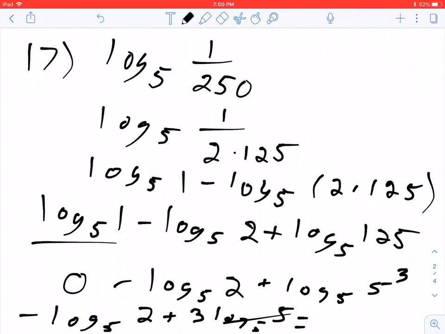So the final answer here is negative log base 5 of 2